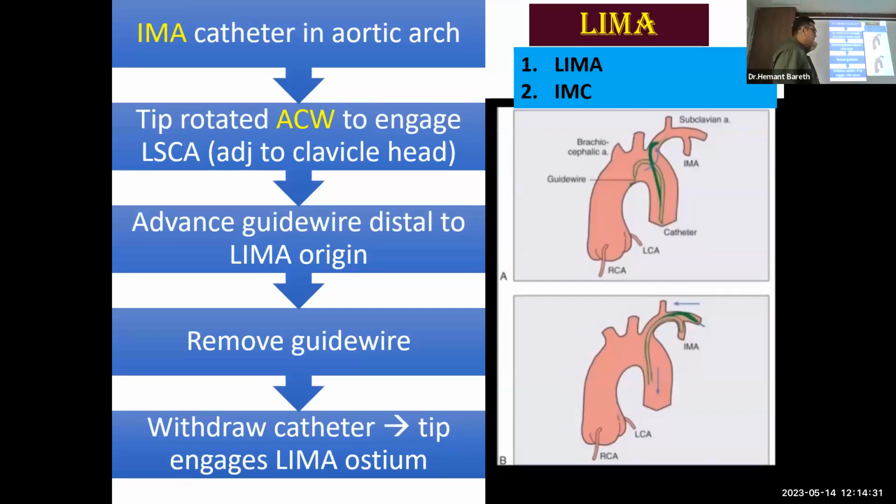Then finally, the Lima catheter. Now, the Lima is, as you know, arising from the subclavian, like this. So you require a catheter that sits like this, like a 3DRC catheter, something like that. Not exactly a 3DRC catheter, but shaped something like this, like a snake. That kind of catheter you need, because you need to get into the Lima. So there are INA catheters, internal mammary artery catheters, and those kinds of catheters which can sit here, and you can use them to